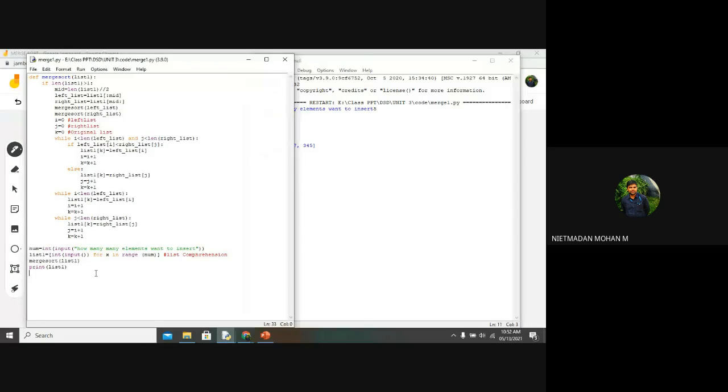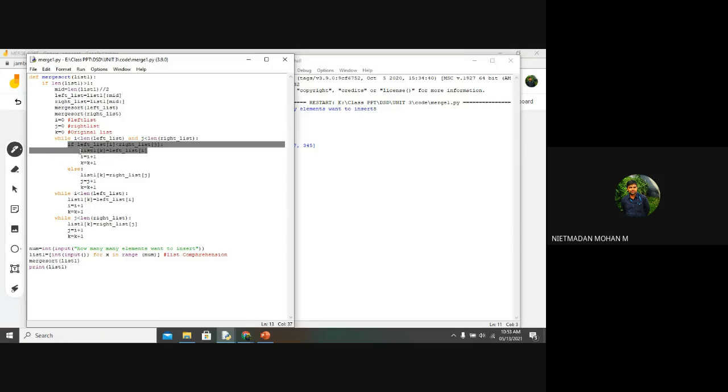For this, what we have done is the list comprehension method for getting input from the user. It reduces the lines of code, at least 3 to 4 lines. While you are using a list, this list comprehension method can be used. After that, we have called the function, and inside the function we used the recursion function. Based upon the recursion, the elements will be split into each individual element. After splitting, we have written the code for finding the minimum number for the last 2 elements that we have applied in the list.